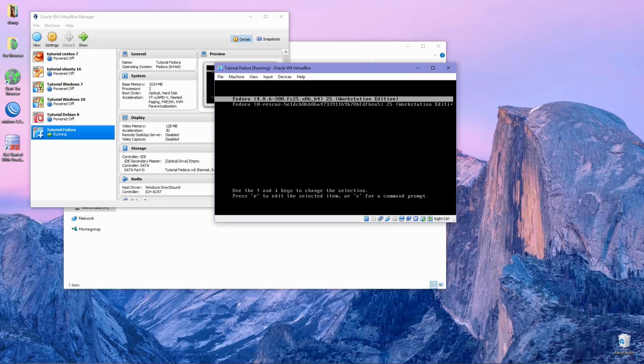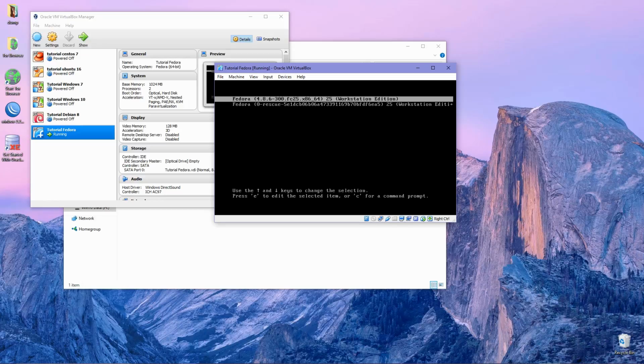Okay, now the boot option appears. Select the Fedora option on top, because the option on the bottom is for rescue only.